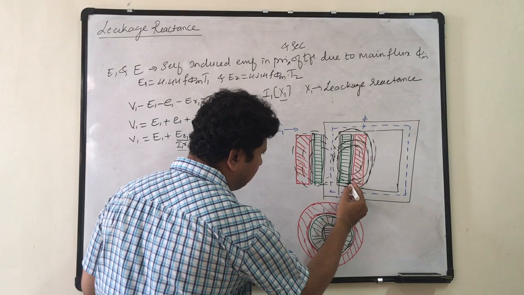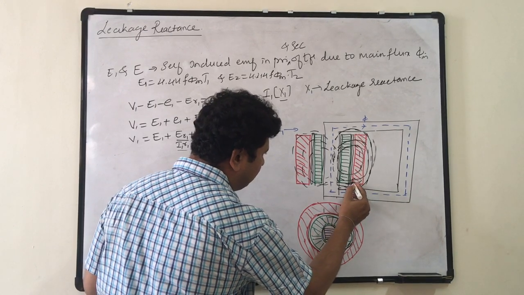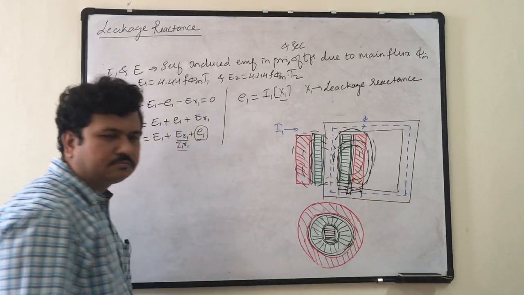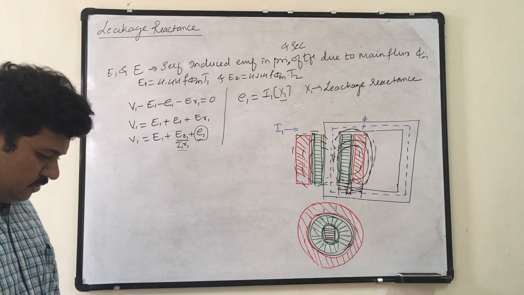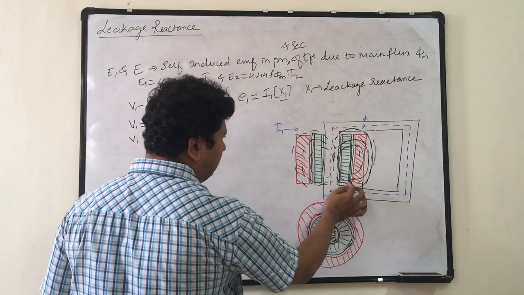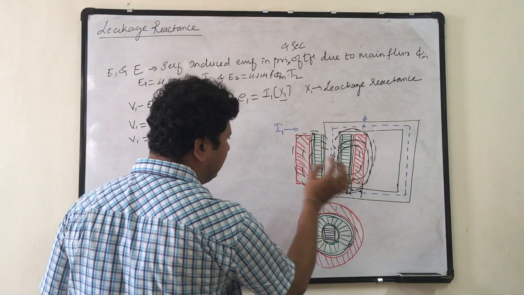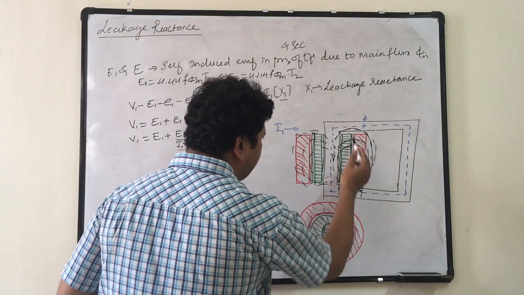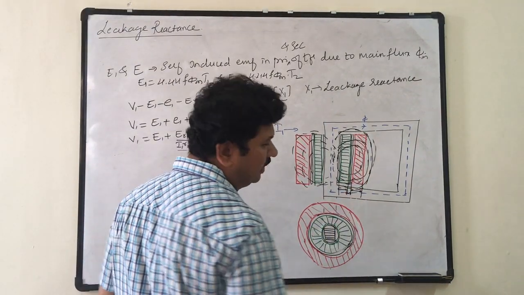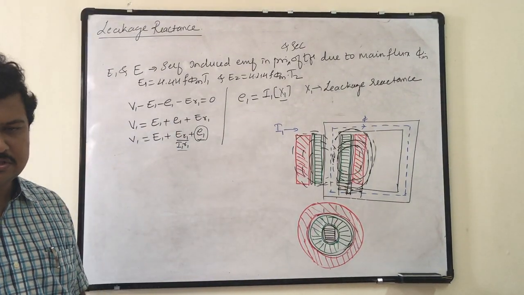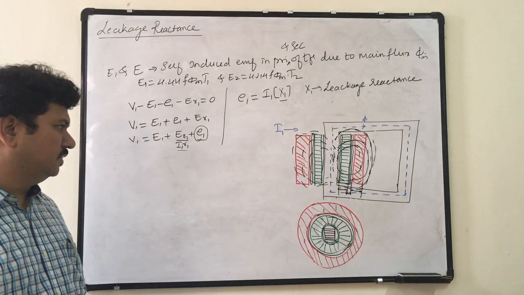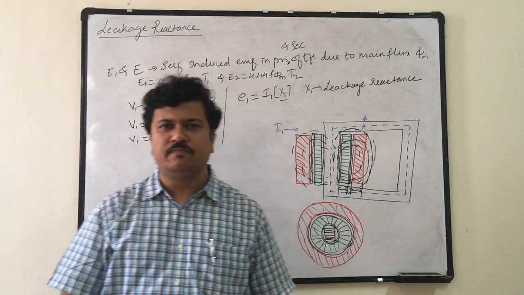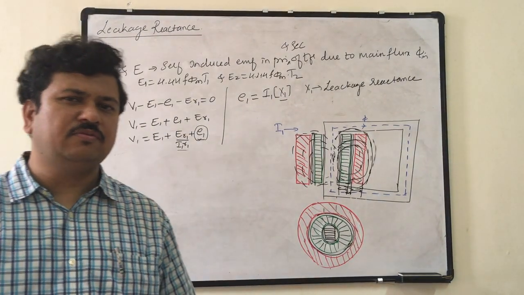Can you see? This is the width of the primary coil. I have some air duct. This is the width of the air duct, and this is the width of the secondary. I have a certain width. Supposing that this complete width of primary encompasses all the primary turns, the width of the air duct and the width of the secondary will hold all the secondary turns. So these are the fundamentals that I need to go through the leakage reactance of the transformer.